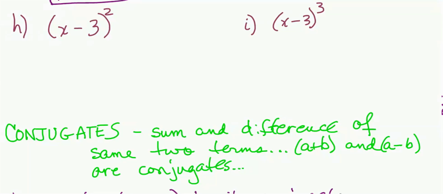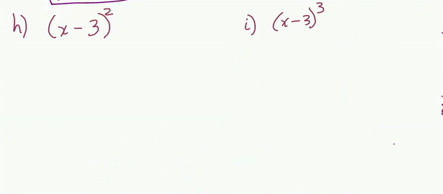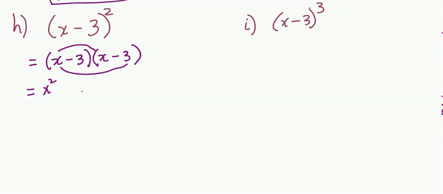What we're looking at now would be some special forms, some special things that are going to start happening, especially when we square a binomial. Let's have a look at this. Okay, so we can FOIL it. If I were you, I would go ahead and write it out, the square, I mean. So we have x minus 3, we need to write it twice as multiplication. You can go ahead and FOIL, okay, first, outer, inner, last. It just gives you the order of multiplying these terms. It's like first is x squared, outer minus 3x, inner minus 3x,